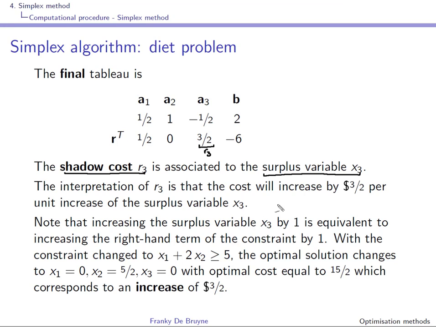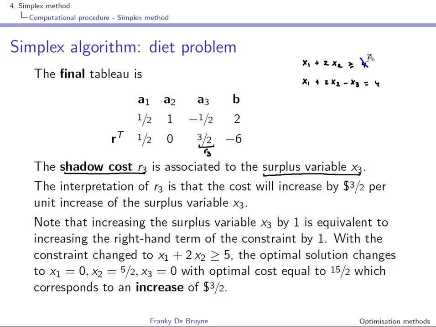And the idea is that we replace the original constraint x1 plus 2x2 larger or equal to 4, and in standard form x1 plus 2x2 minus x3 is equal to 4, by